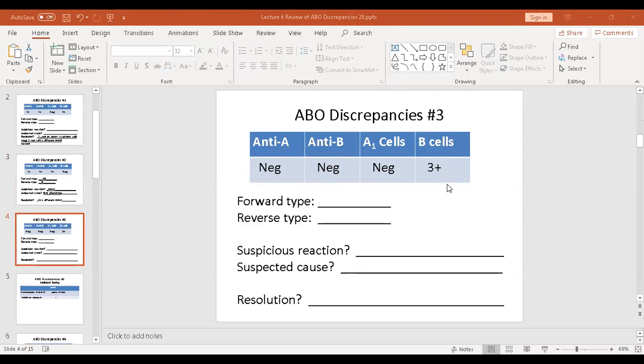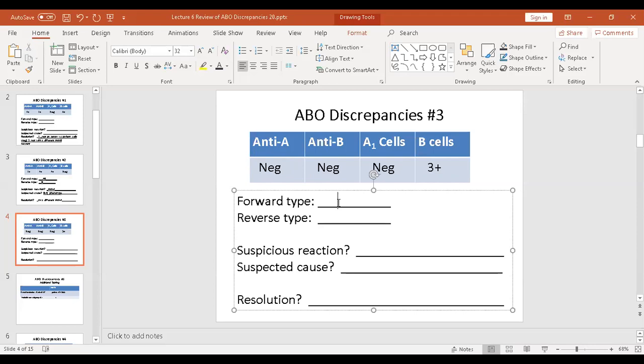Okay. So with our discrepancy number 3, let's look at our forward typing. We see negative reactions with both anti-A and anti-B. So hopefully in your mind you're saying it's type... Anybody? I'm waiting for you to answer. Oh, okay. We know type O lacks both A and B antigens. So Landsteiner's rule states that when you are truly type O, you should have anti-A and anti-B being picked up